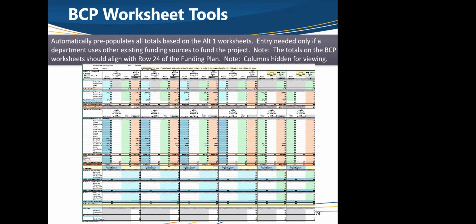So that's why we stressed early in the training, whatever you do, don't delete rows, don't delete columns. Hide them if you don't need them, but don't delete them. And also, I think sometimes when they copy and paste, it'll pull in a formula or override a formula that's there. I've never seen it happen when it's protected. It's when they have unprotected the sheet for some reason.